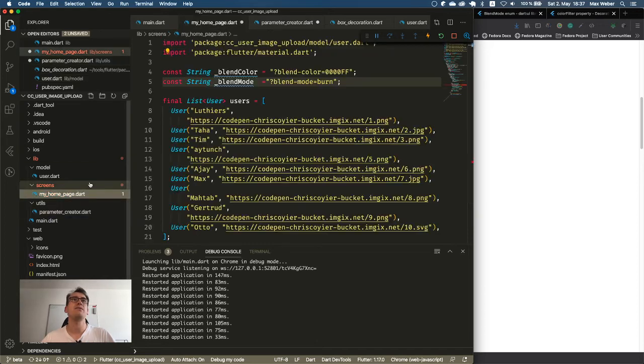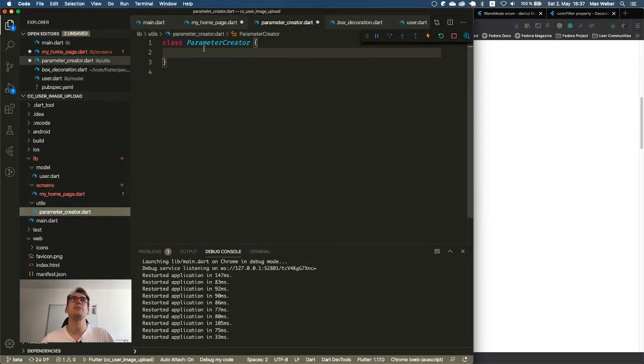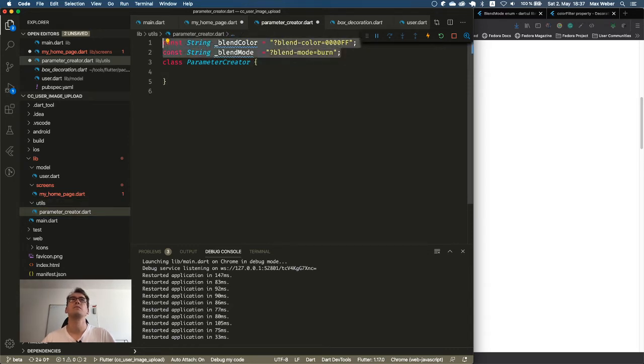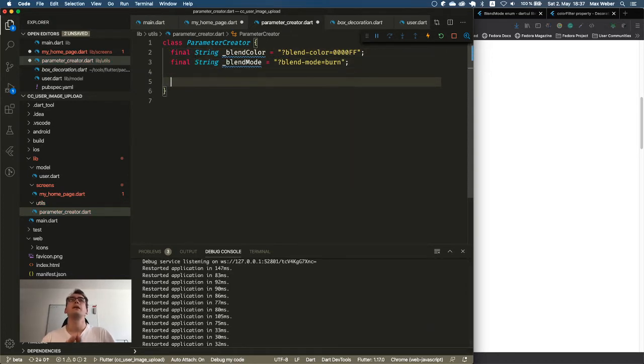So what we have is that we get these two strings as constants and add them to this parameter creator. That we add here. And I think we can't have them const if they are inside, but we can make them final. And now we have access here to these parameters. And I will remove the question mark in front.